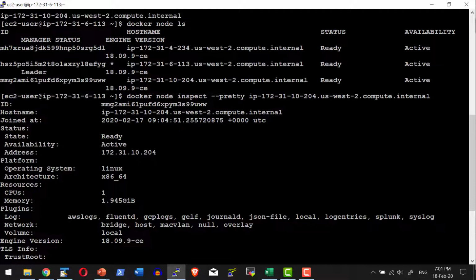So in a quick summary, we have seen the purpose of draining a node and how to drain a node and change the availability status back to active, as well as what happens whenever I am draining a node and what happens to the containers available within the node that I am marking as drain.